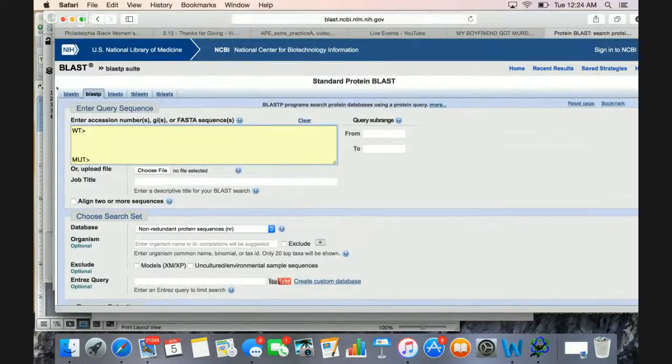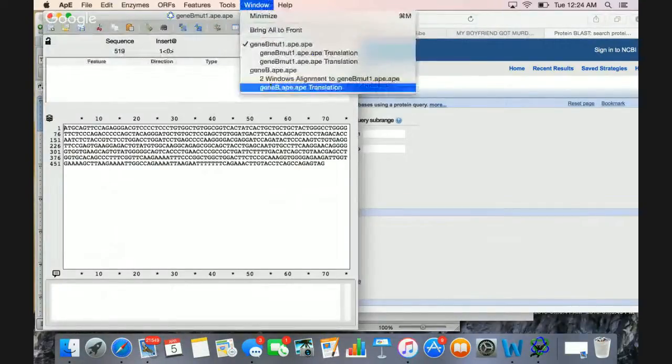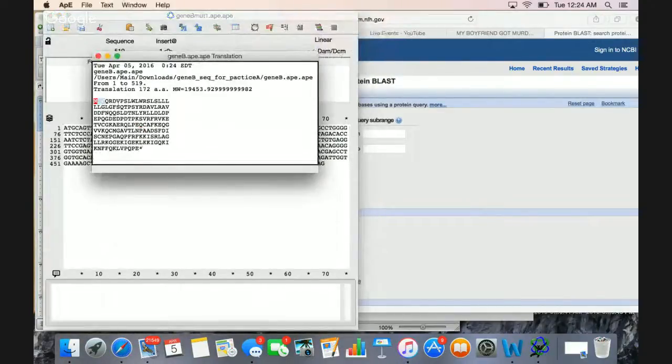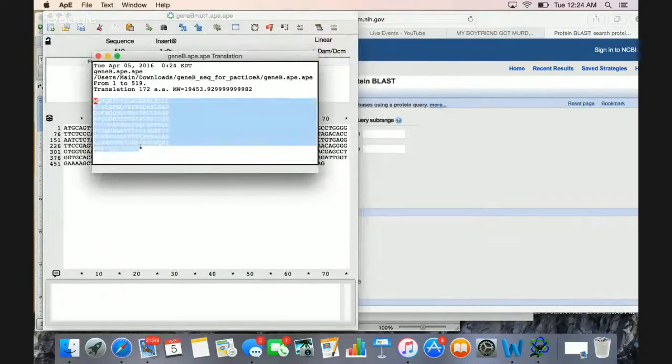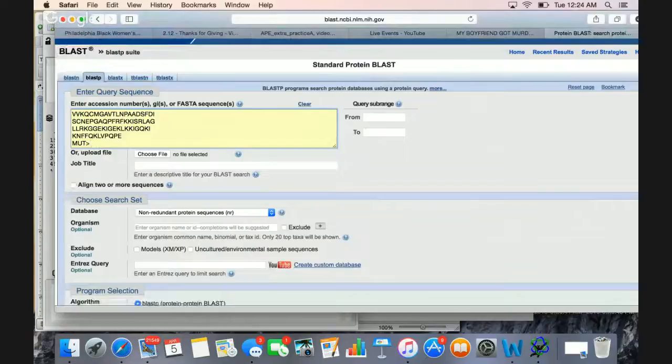Right, so you go here and you make sure that you copy and paste the translation for the wild type. And for the mutant,